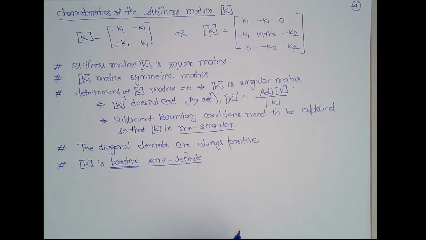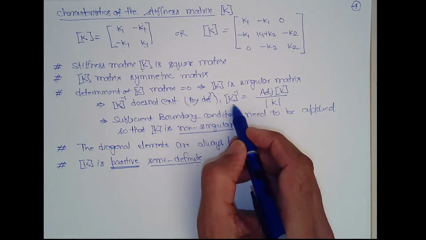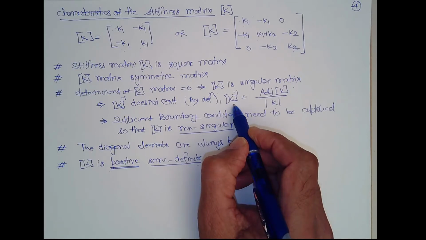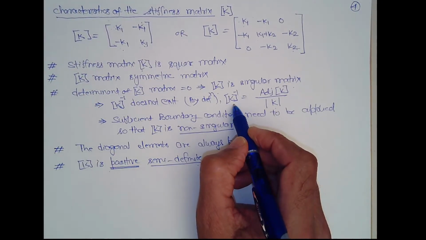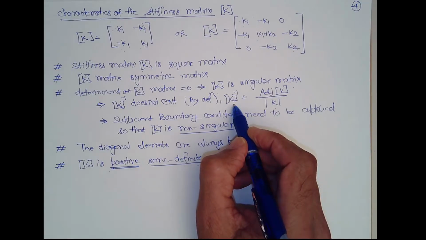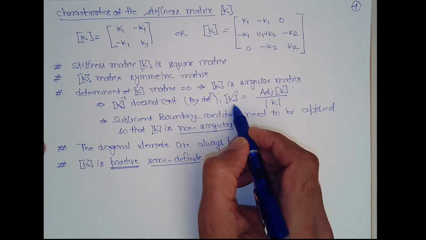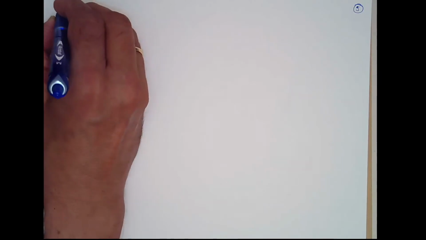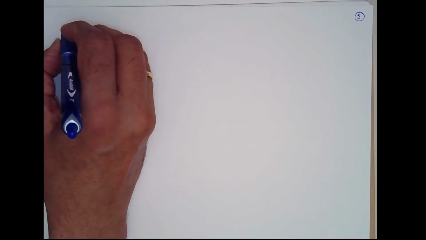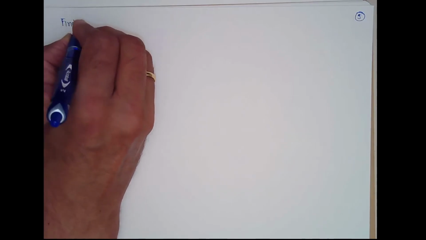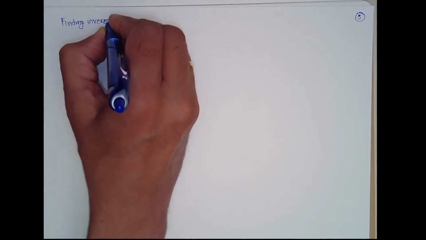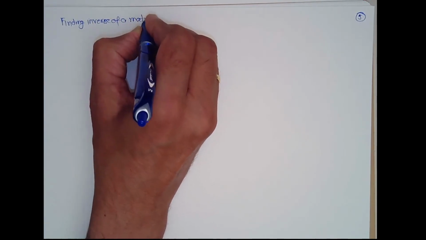So you have understood right now how the finite element of linear springs are created. Because I have to find an inverse of the matrix, I will discuss a little bit of how to find the inverse of a matrix to recapitulate it. So it is like finding the inverse of a matrix.